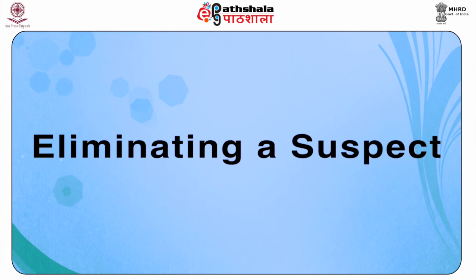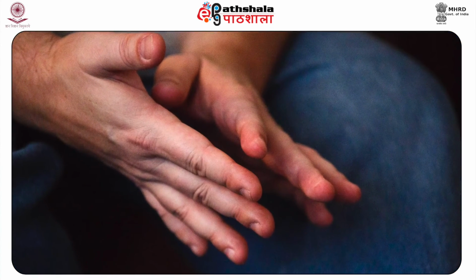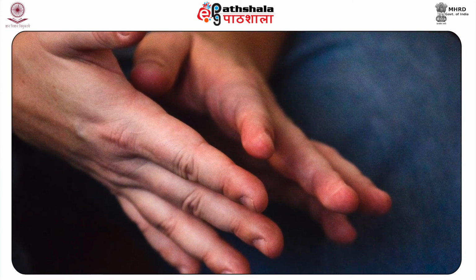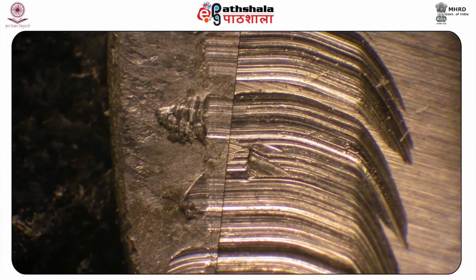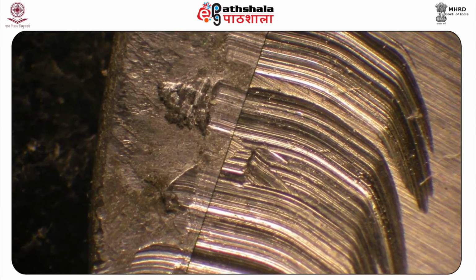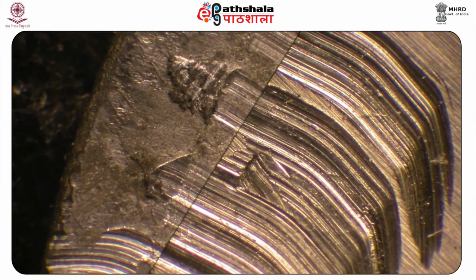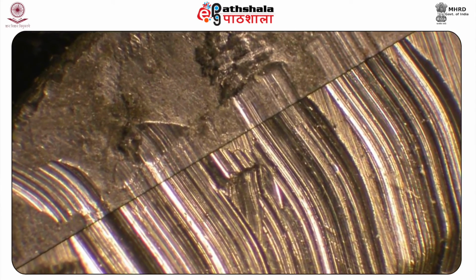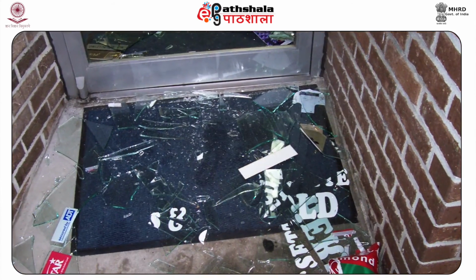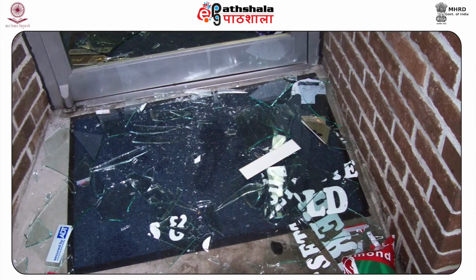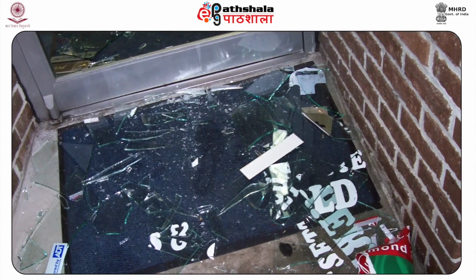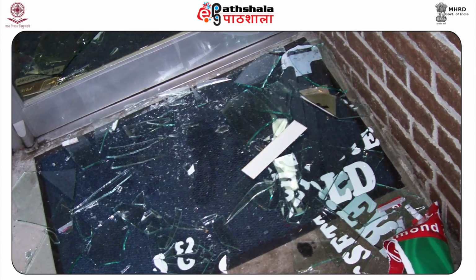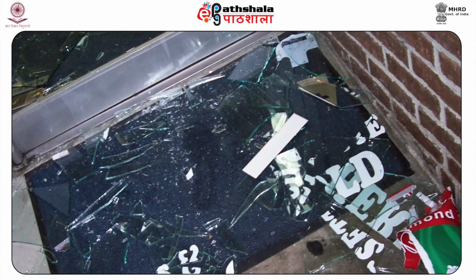Next is eliminating a suspect. Physical evidence has exonerated many more suspects than it has convicted. A substantial part of the work in forensic analysis of physical evidences consists of making comparisons between questioned and known samples. Depending upon the degree of individuality exhibited by the samples, various conclusions can be drawn to associate people and the physical evidence in a particular case.